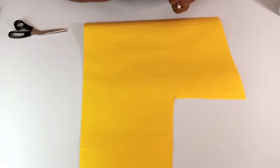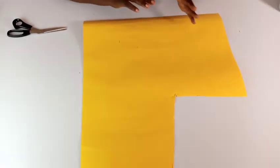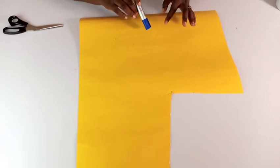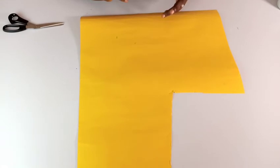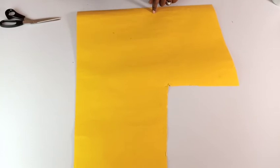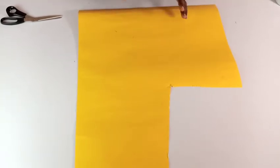Now you're going to be finding the radius of the back, that 18.5 inches radius. You'll be finding that by dividing 18.5 by 6.28. So that's how to find the radius of your sleeve, or the radius of any circle at all. The sleeve round is 18.5, so we hit 18.5 divide by 6.28 on our calculator, and we have 3.08888. So if you have 3.08, because 8 is above 5, we are going to be rounding it up to